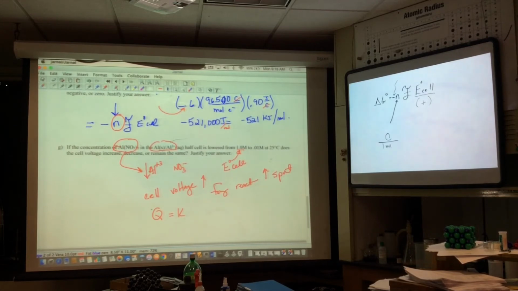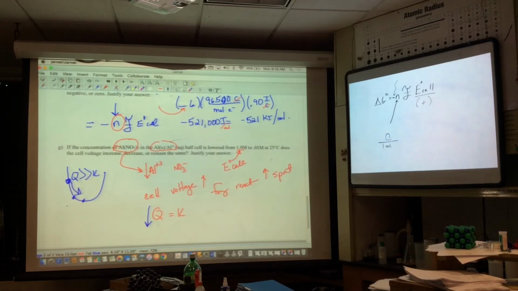So the Q is that much smaller, sorry, than K. And so we know that we're at some position here. By decreasing a product, we're now going to be in this position. So now the Q is even smaller than K and the reaction is even more spontaneous. Okay, I'm not going to say any more. We've been through these types of problems. So this reviews everything of a voltaic cell,